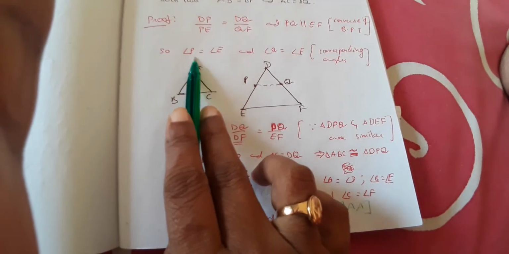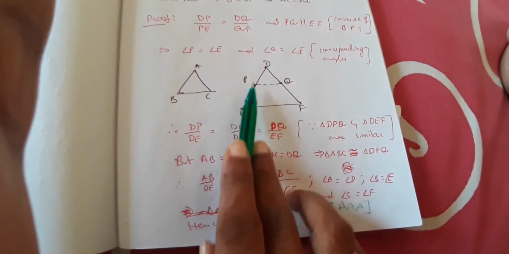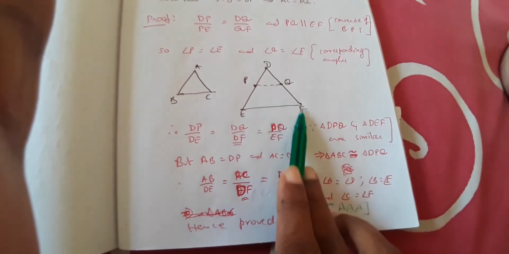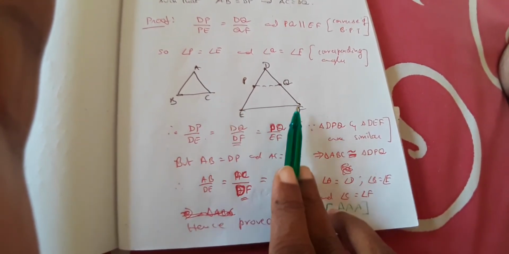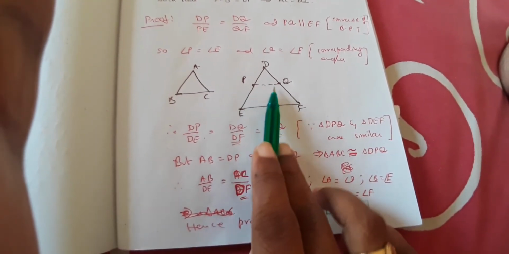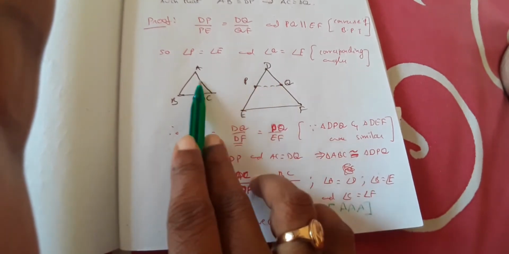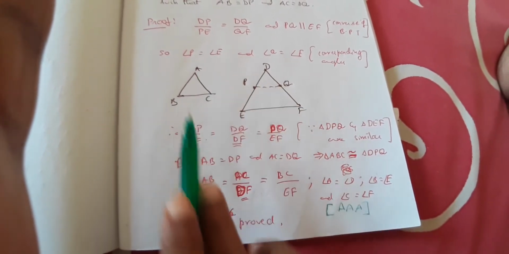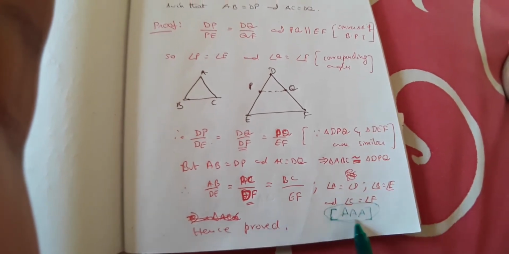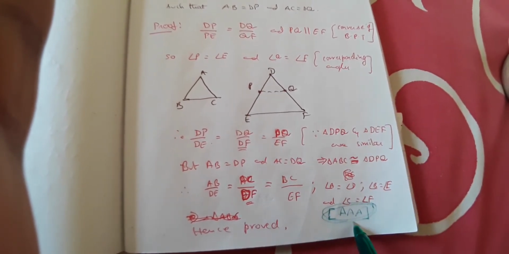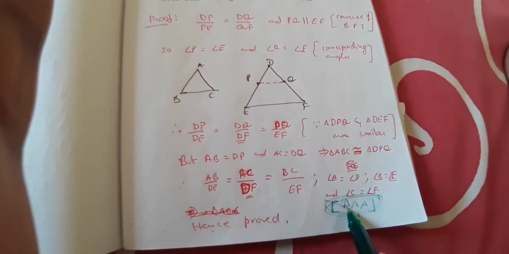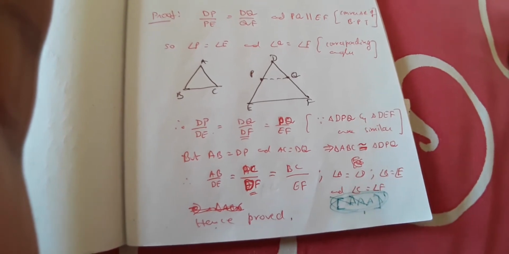already we have proved P is equal to E. Angle P is equal to angle E means angle B is equal to angle E. Angle Q is equal to angle F means angle C is equal to angle F. Right? And since we have proved these two are congruent triangles, D is of course equal to A. Thus we are able to prove all three angles are equal. Hence proved. Okay, so this is not the formal reason, I am just giving you the explanation here.